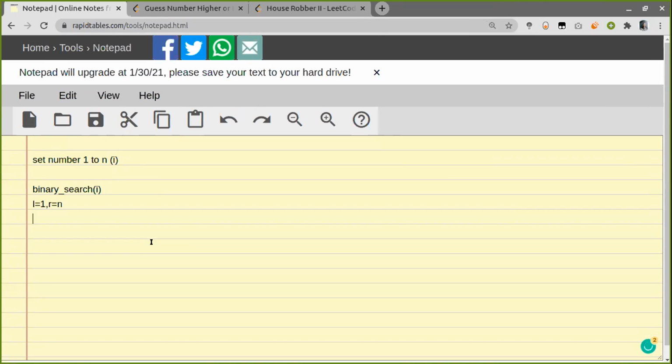So the mid will be L plus R by 2, and if m is equal to I, then we will stop and take the max of answer, sum. If it is not, then we will check. If m is less than I, then we will set the left to m plus 1, else r is equal to m minus 1. So this whole process we will do for all.